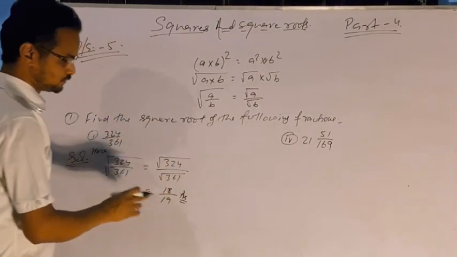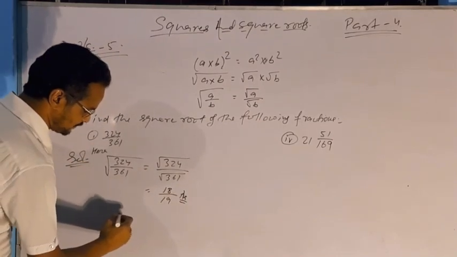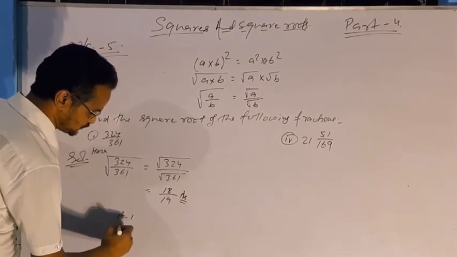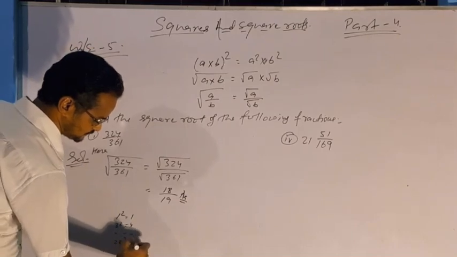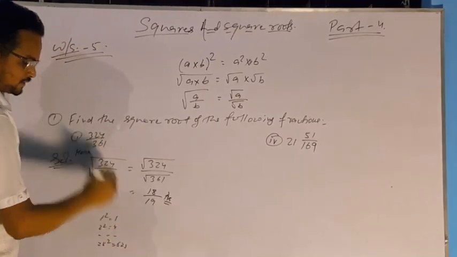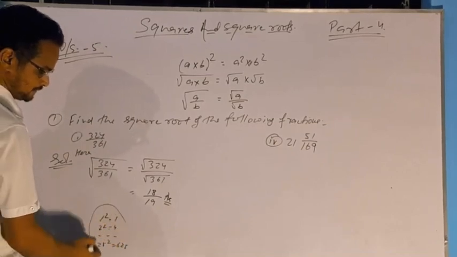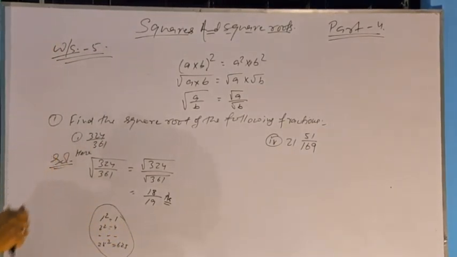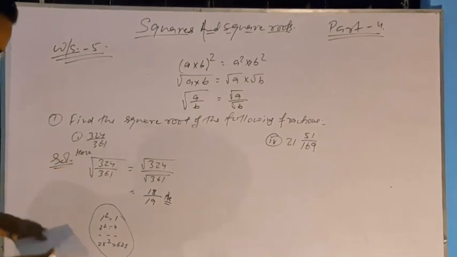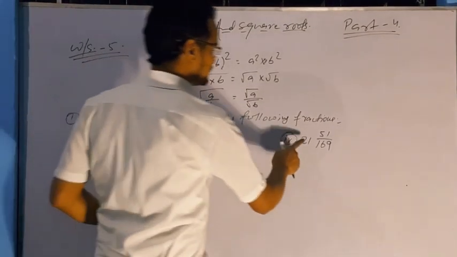We must learn the squares of 1 to 25, at minimum. We must know the square root of that number or the square of that number, for example 25 squared is equal to 625.